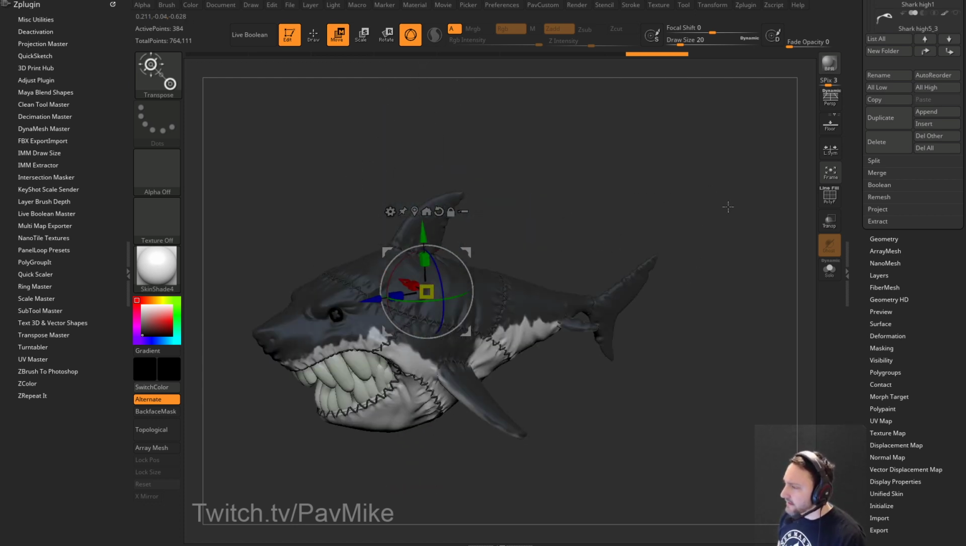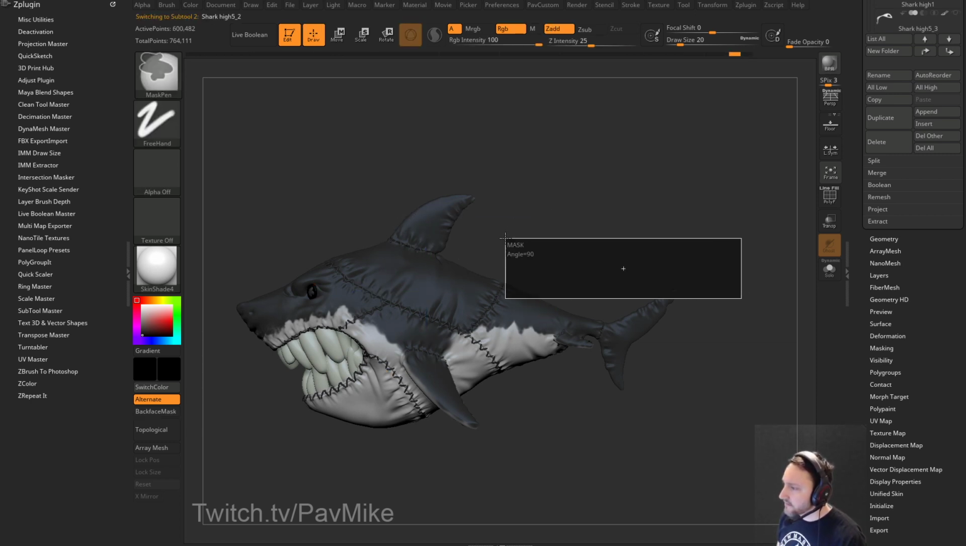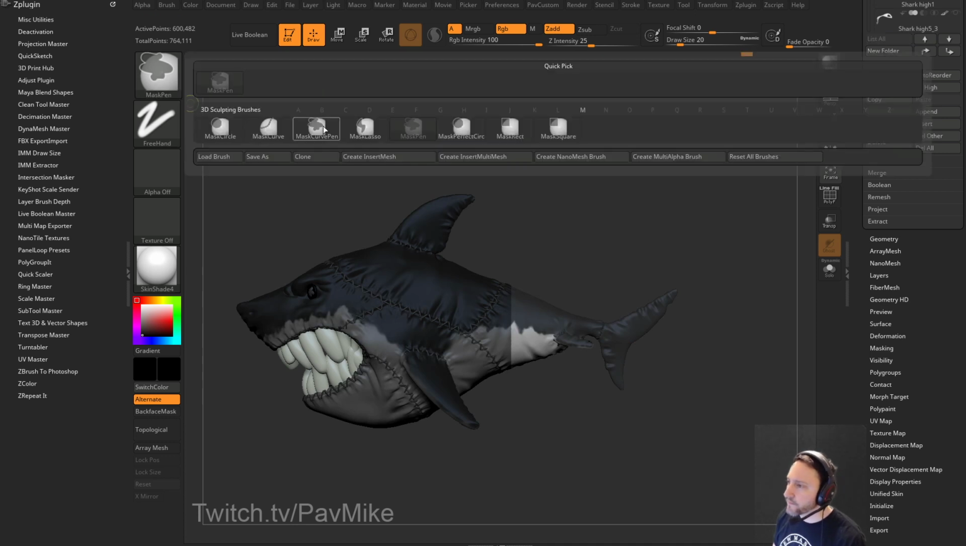We can't really use a deformer, I don't think, unless I'm missing something. But we can go in here and say, okay, let's alt tap this, and we're going to,